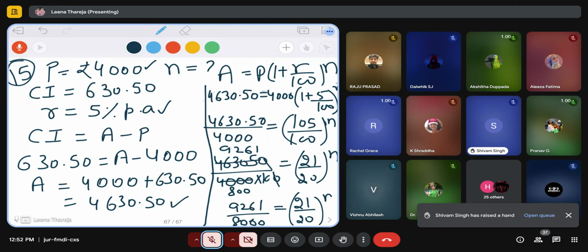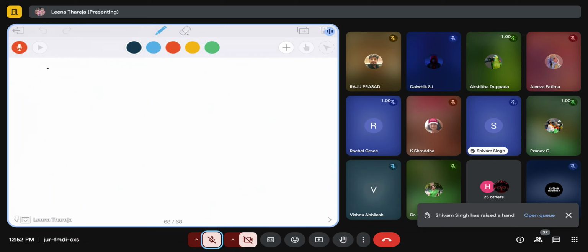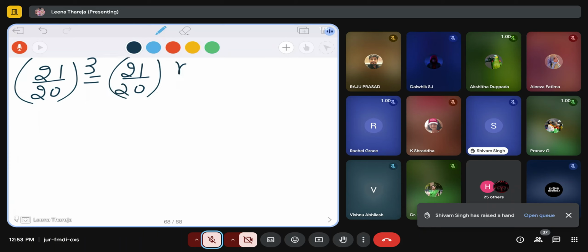Now can I change? Yes, ma'am. (21/20)^3 is equal to (21/20)^n. Again, the bases are equal, so n will be 3 years. Now next is